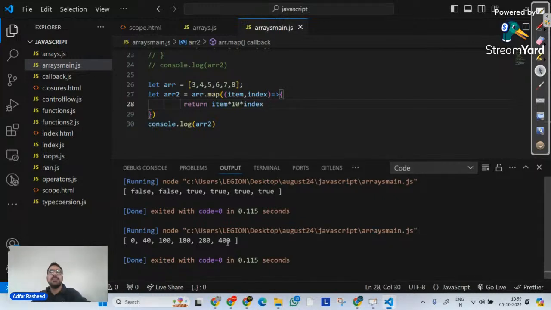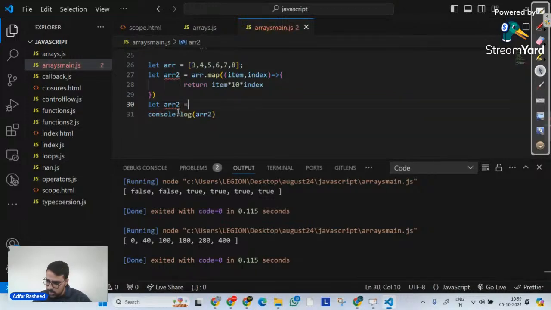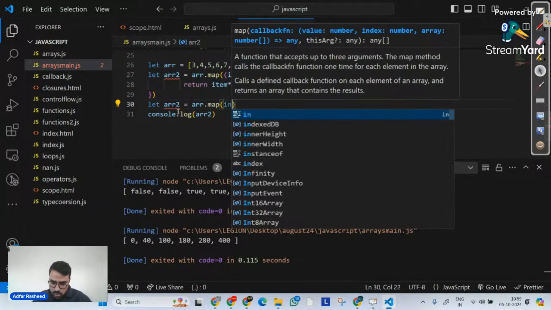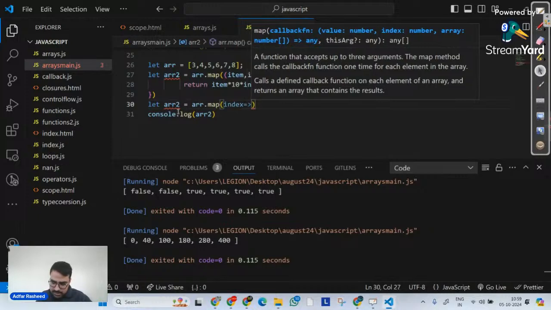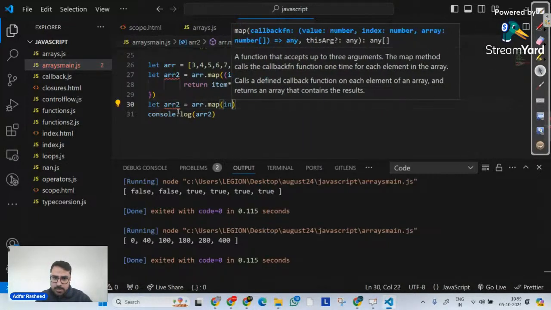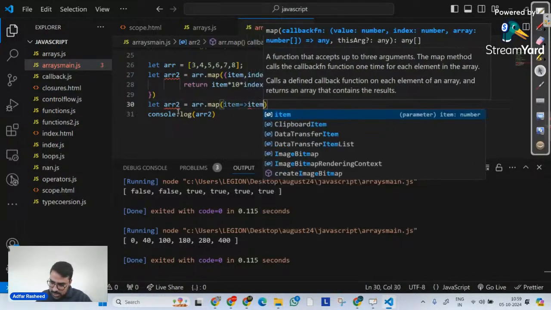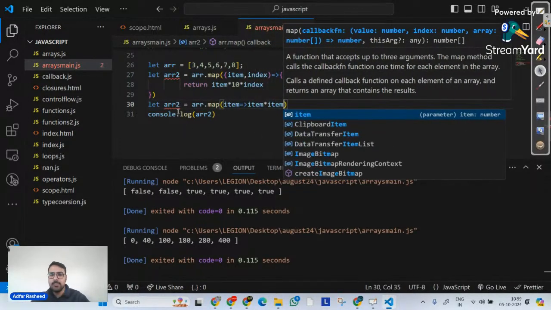Now also one very important point: you can see map here is returning only one element. If it is returning only one element, don't you think we can also write it like this? Let ARR2 equal ARR dot map, and then over here, please go and return item, in which you are simply going to return item into item, right?